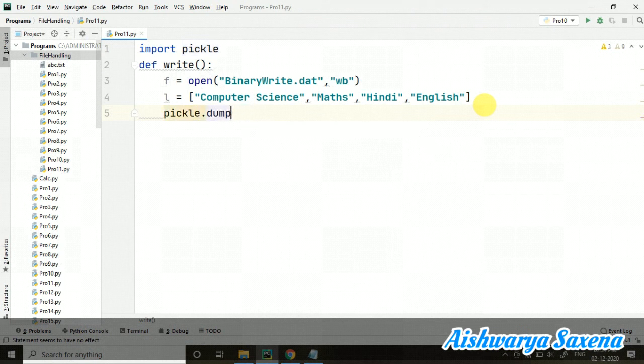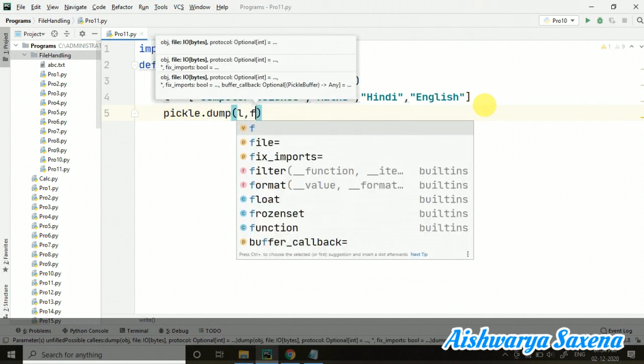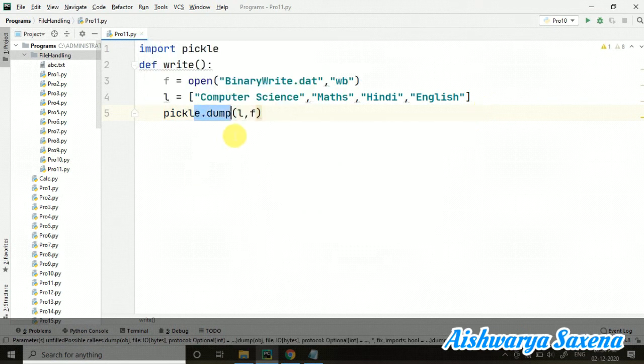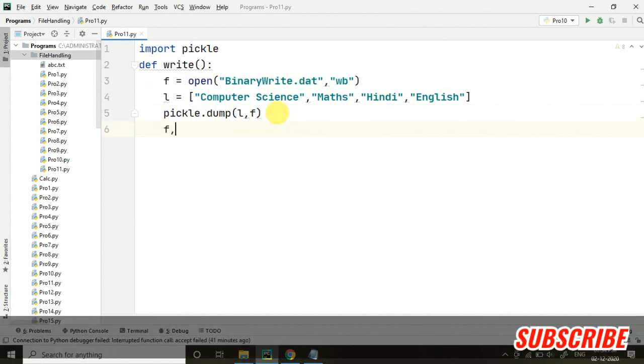We use dump, and then L and F. L is the source from where we are taking the data, and F is the destination where the data is going to be. Then f dot close, as we always have to close the file whenever we open it. On line number 3 we opened this file, so we have to close it.